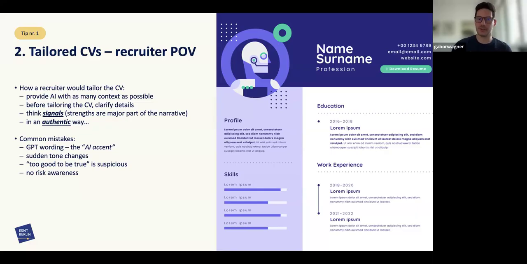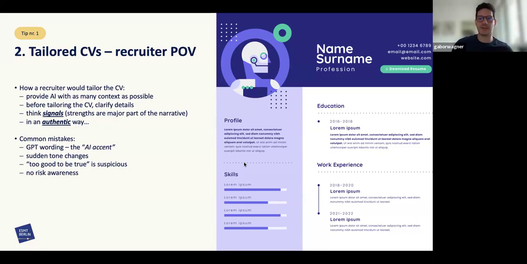And then once you are done with that, you have to think about signals, because most of our students, when it comes to master students, are early careers, they don't have much experience, so they cannot really stand out with a project or leading teams or whatever. They also have to think about what they signal to the employer. And MBA students are usually pivoting their careers.